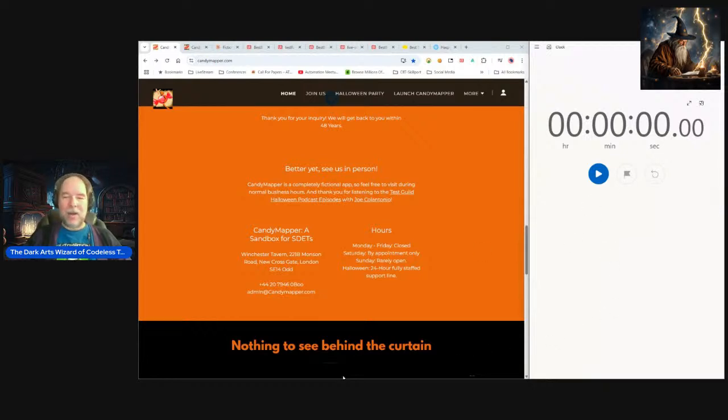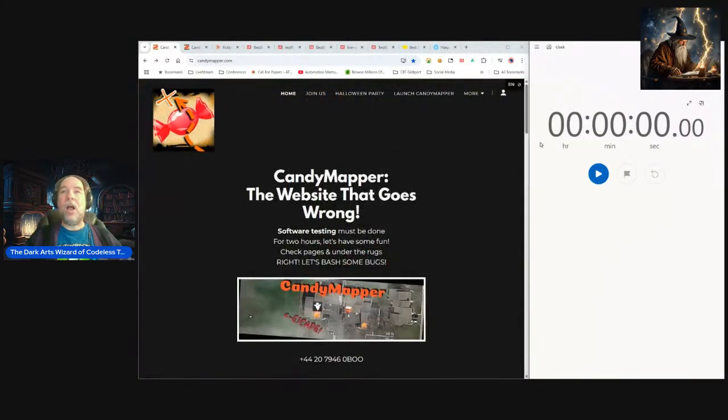All right, here we go, everybody. We're going to do the Candy Mapper Challenge. Now, I will admit it's a little bit of a cheat because I've done this before, but we're going to give it our best shot and see what we can do to get to our Candy Mapper, get through all 7 steps, without a recorder, without anything like that. Maybe we'll do it a couple of different times.